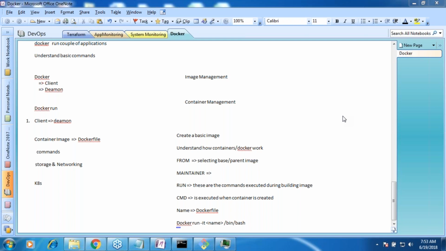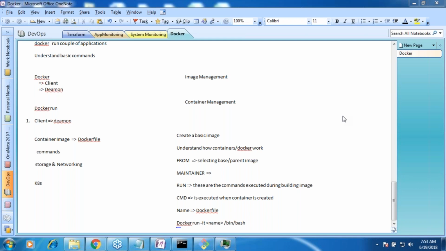Fine. Can you please create AWI image? What is AWI? Please don't use abbreviations. I'm very bad at that. All right. Okay. So can we use direct commands, docker start, kill, etc.? There is no kill. Kill is remove itself. You will have docker start, docker stop. Okay. Fine. So why is bin/bash given at the end of the command? First, we have said interactive, right? And the next thing is, you need to tell where your interactive terminal is. That is the path of your interactive terminal. That's why we have given it at the end.